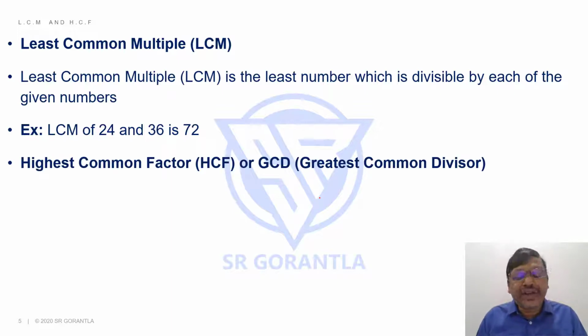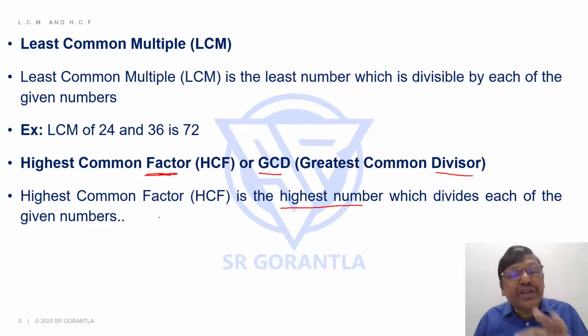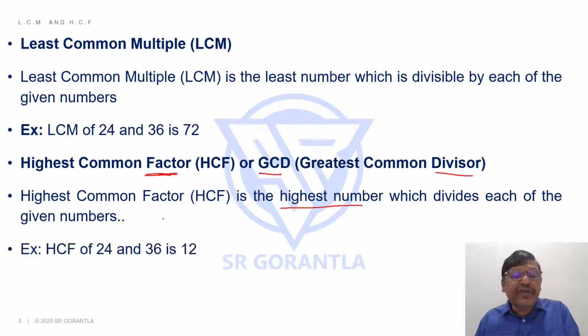Similarly, HCF, highest common factor, in some cases people call it GCD, greatest common divisor. As you know, students, factor or divisor, they are one and the same, the meaning is same, right? We discussed in the intro session, right? So highest common factor or greatest common divisor, both are one and the same. Of 24 and 36 is 12, you say. What does it mean? Highest common factor is the highest number which divides each of the given numbers. In the case of 24 and 36, when you say 12, 12 is the highest number that divides both these numbers,